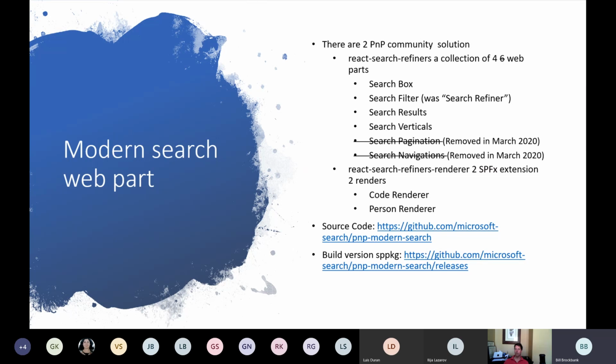So it's the PnP modern search. The second link on here is the pre-built location, which gives you the release notes and where you can actually pull just a pre-built version, or a static copy. There's a zip file of the actual build, the source code, or you can do a git and pull all the code across.